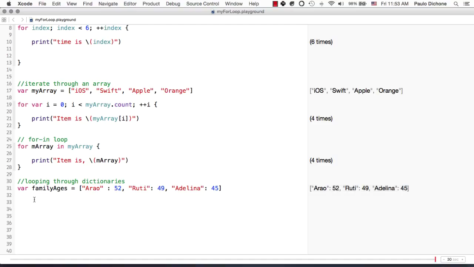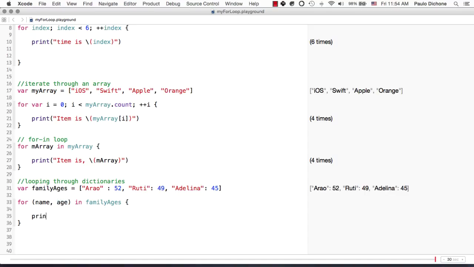So what we're going to do here, we're going to say for, and then open parentheses and close. Inside here, we are going to put these two variables, which we are going to initialize, and then use those variables to iterate through our dictionary. The first one is going to be name. The second one, I'm going to call it age. And then I'm going to say in what? It's going to be familyAges. And then braces there, and there we go. So now I have two initialized variables which will relate to the key and the value, which indeed is the name and the age.